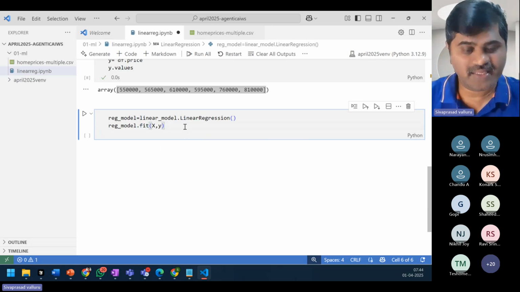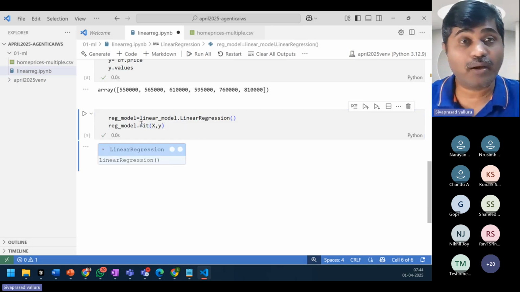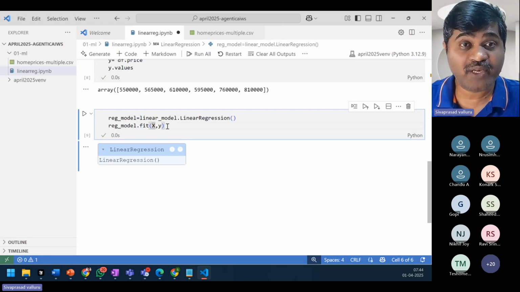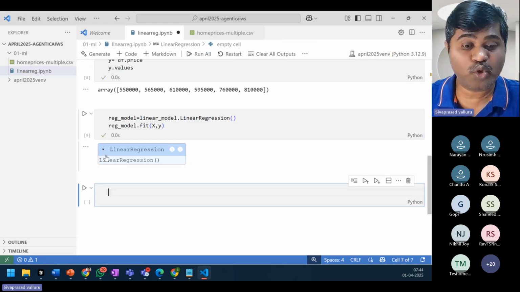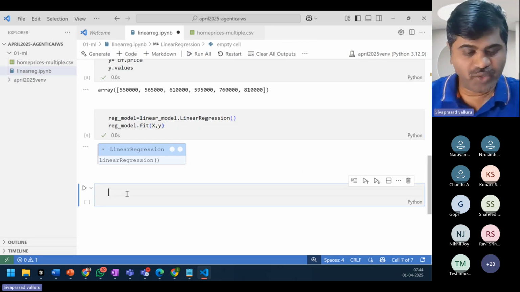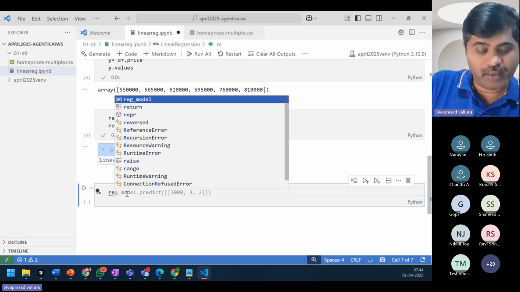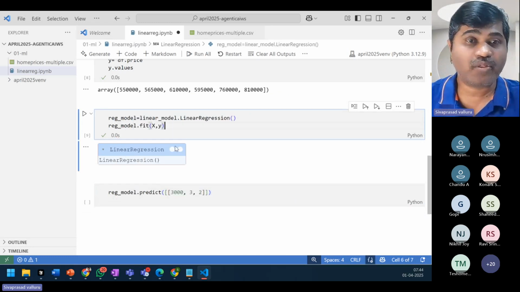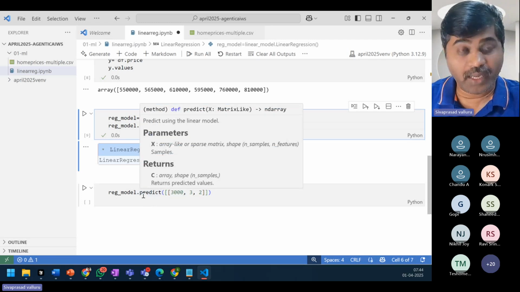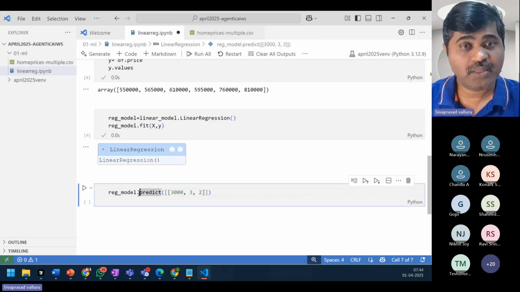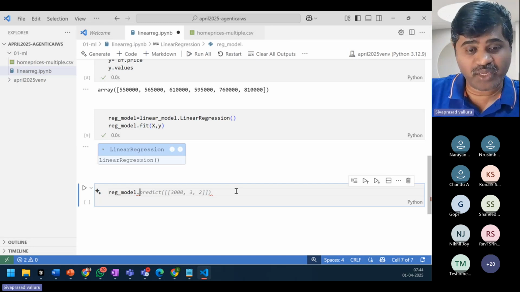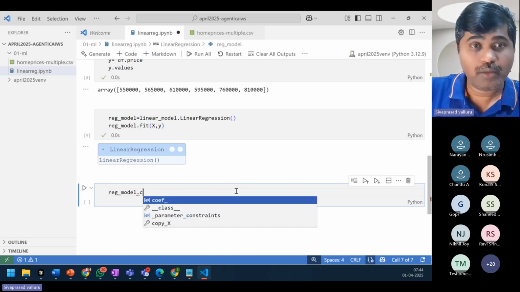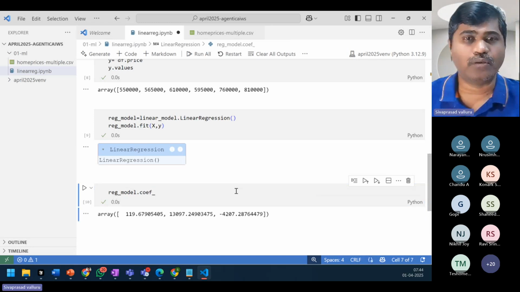Let us see. I just run this. Calling fit on this object and passing the data will start the training. Now the model is trained. If I want to get all the values of M1, M2, M3, I can call model dot coef.